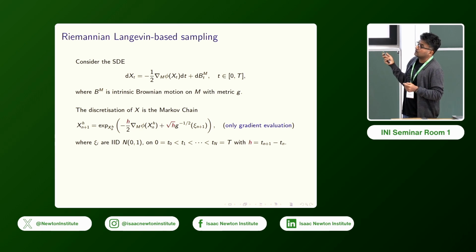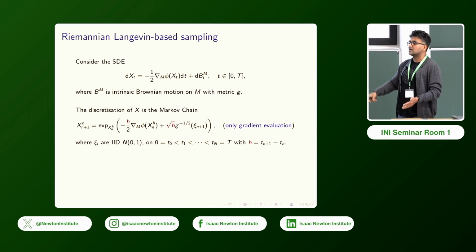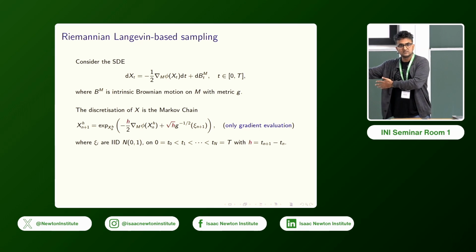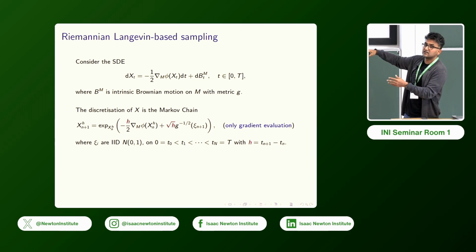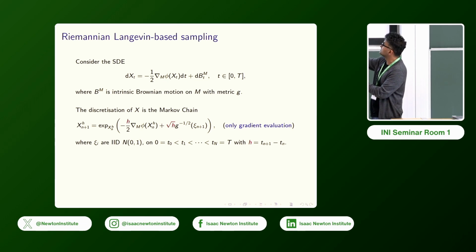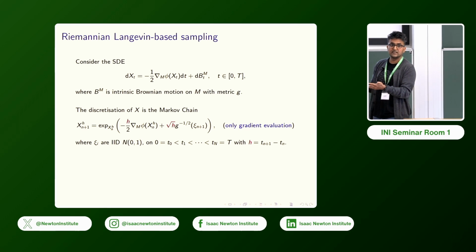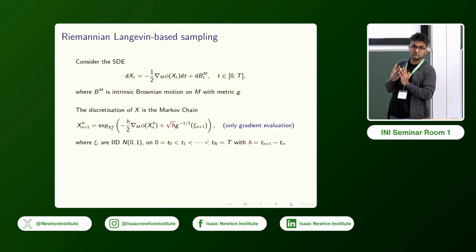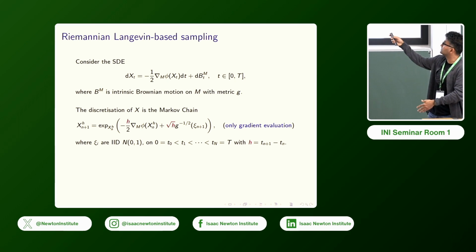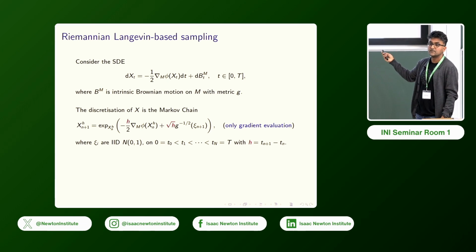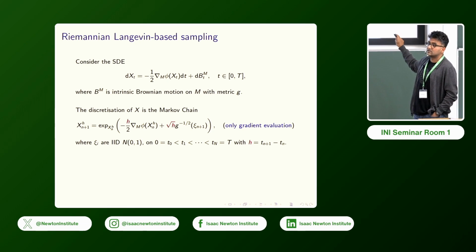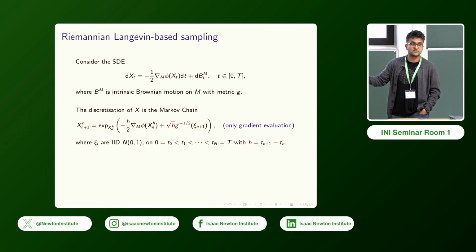And then in the Euclidean case, the value at time n plus 1 would be the value at time n minus something, the gradient direction. The analog of that in the Riemannian, in the manifold setting, is the exponential map. It's basically saying I'm going to follow the shortest path from my current value to the next value. That's effectively what this exponential map is doing. So this is the straightforward generalization from the Euclidean to the manifold setting of the Langevin algorithm.